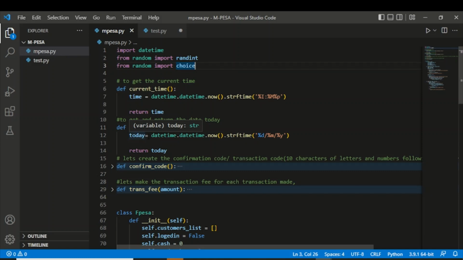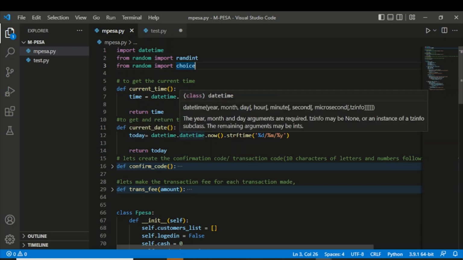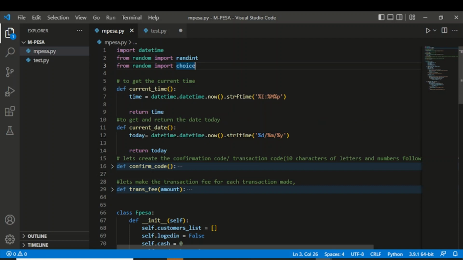Otherwise, if you don't create it as a function, just insert it once, then once the person logs in, the time at which he or she logged in will be the one displayed throughout the time he is logged in. But we don't want that. We want every time one makes a transaction, the current time to be shown, even if he or she has not logged out. So for that, we are creating the